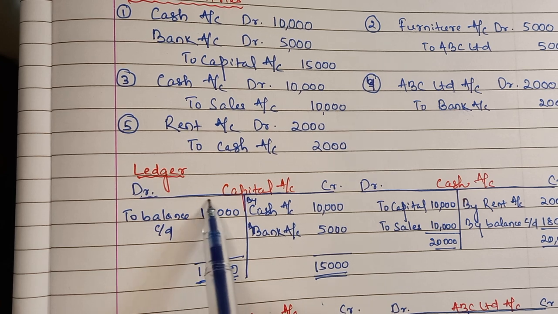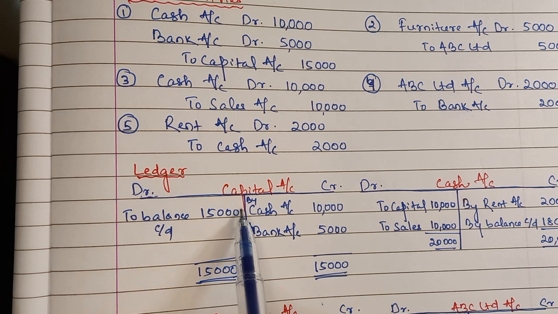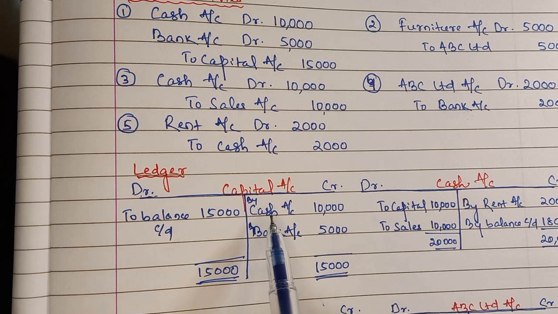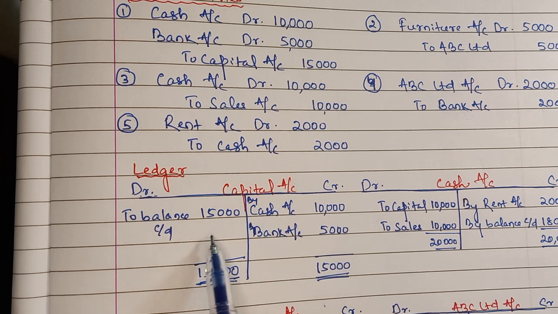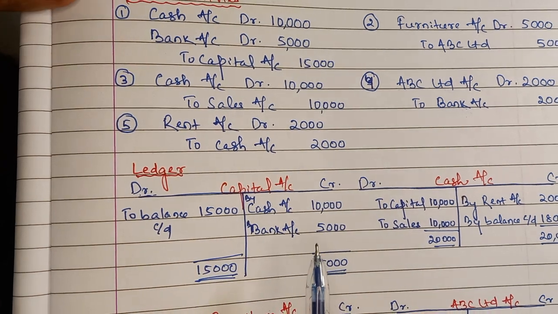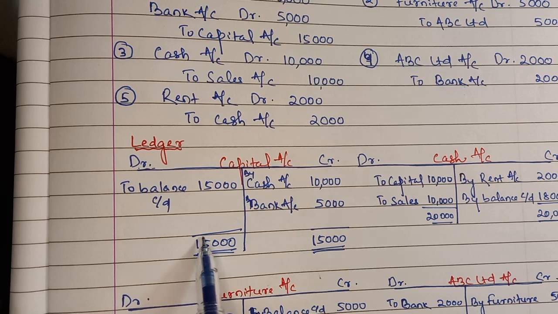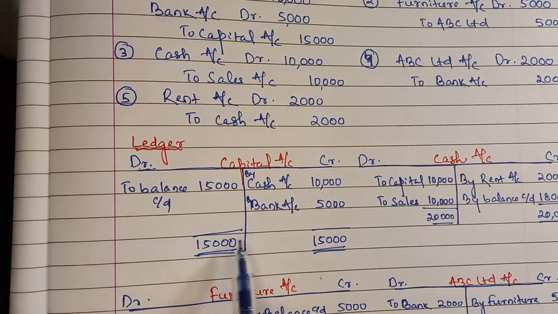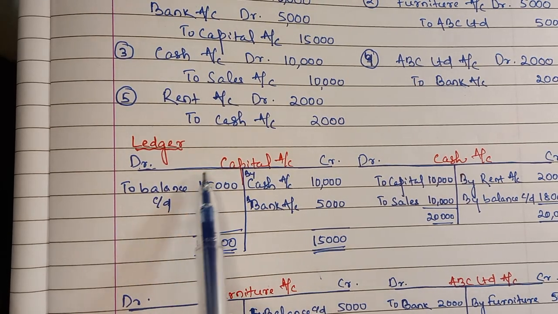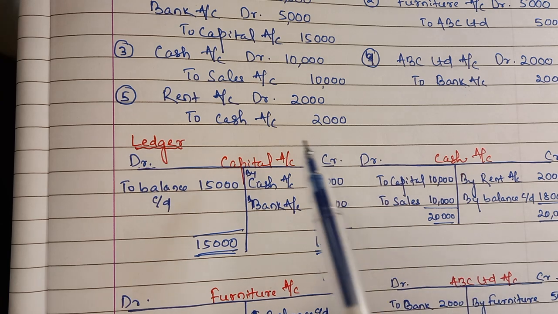This is the closing balance of the ledger. That means the capital balance is 15,000 rupees. Always, the amount where, because the ledger has to be tallied. So 15,000 is here. To tally the ledger, I have to bring 15,000 here. So that will be balance carried forward. Okay. Next, if you see here,